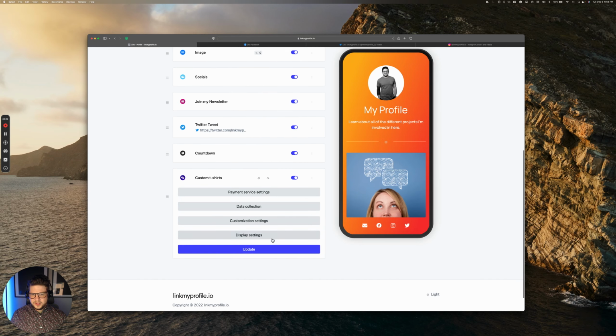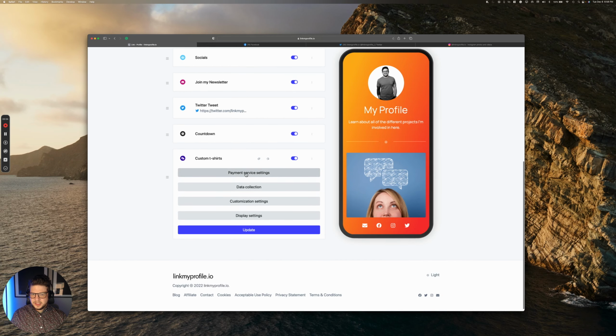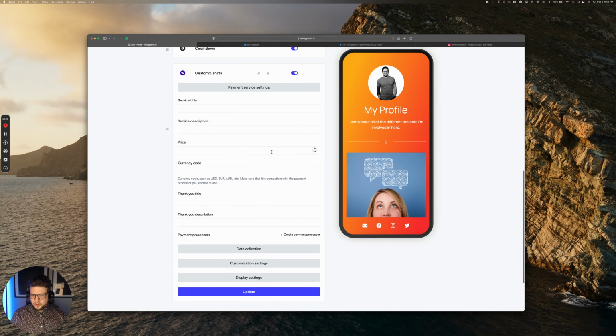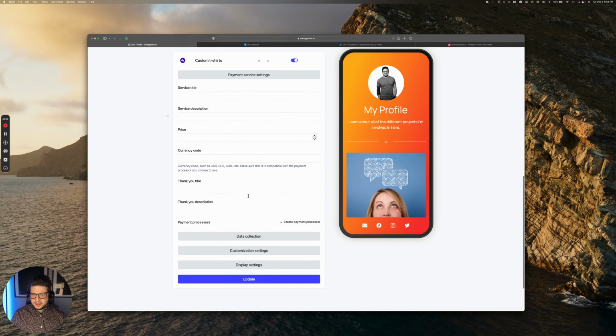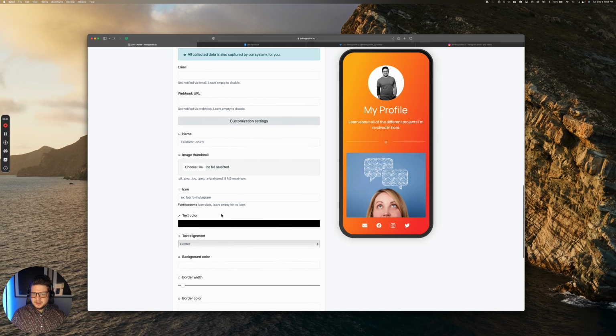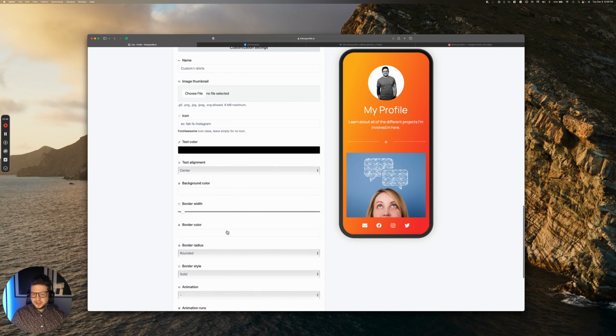See all of the different options. You can select your payment service settings. You can set your price. You can add a thank you title, thank you description, data collection with the webhook URL, customization settings, add a thumbnail, add an icon, change your text color, alignment,